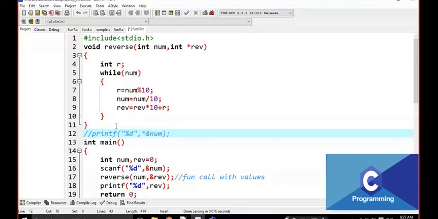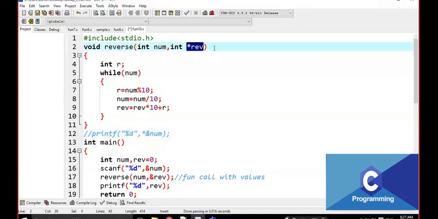Then if I write it like this, what is this? Value at that address. Star represents the value at that address. That means here star REB is the value and REB is the address. Okay, note it down everyone. REB is the address and star REB is the value at that address.